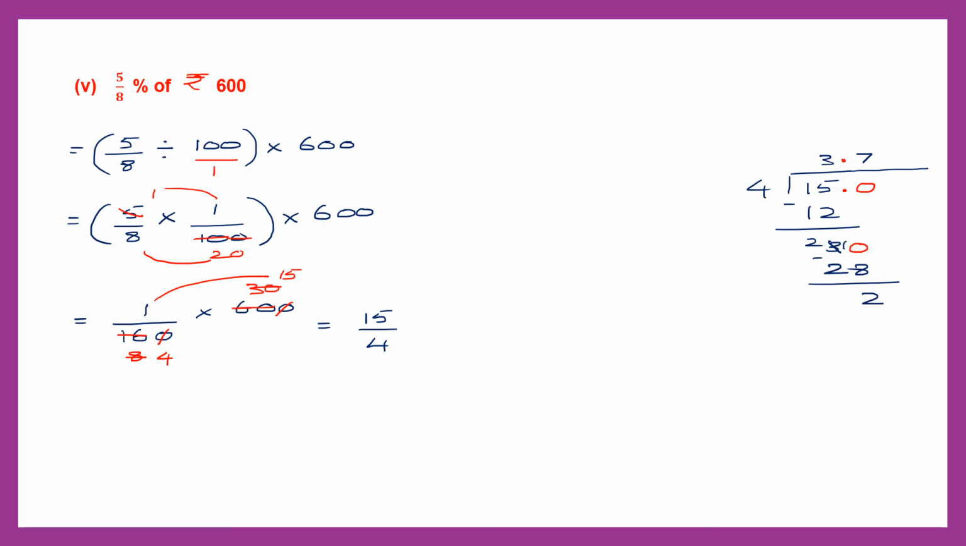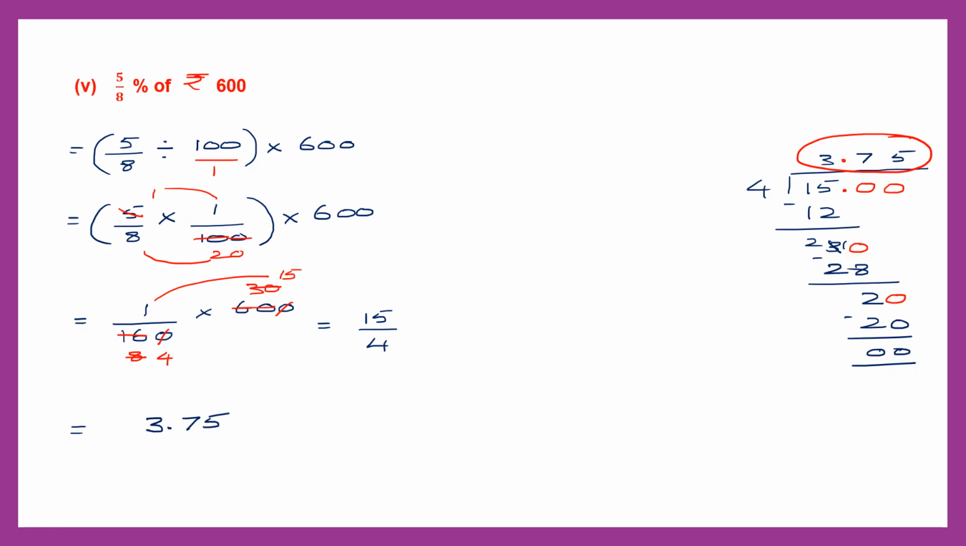So again my remainder is not 0. So I'm going to continue my division by putting a 0, bringing that 0 down. Now my number is 20. 4 fives are 20. So now when you subtract, the remainder is 0. So we have got our quotient as 3.75. So that is our answer. Our answer is